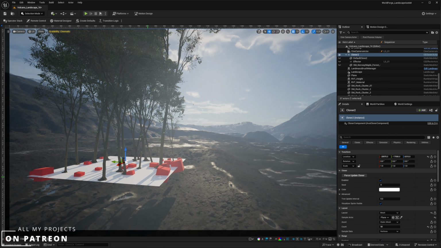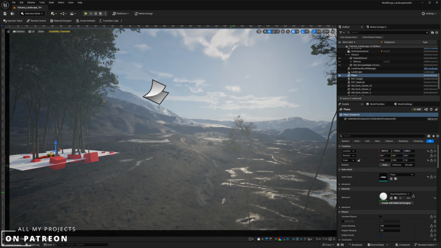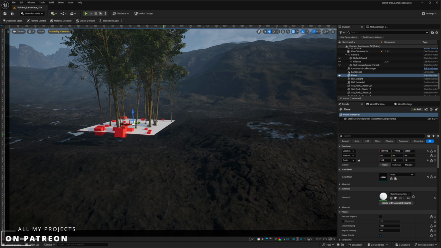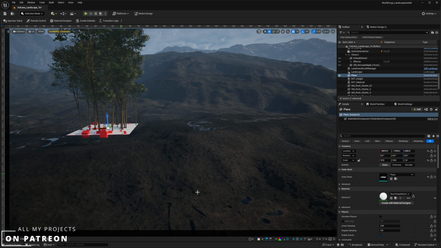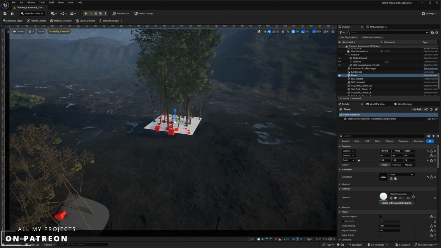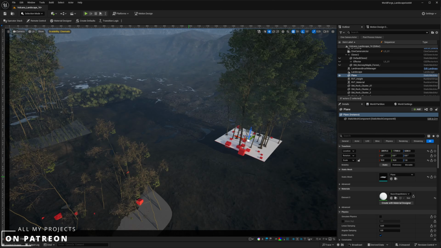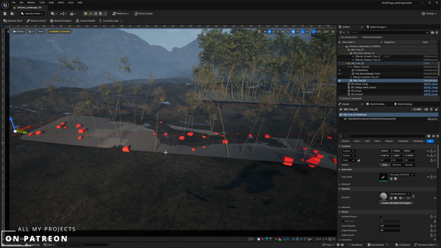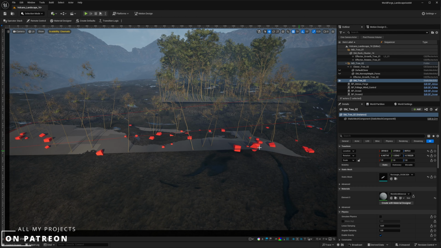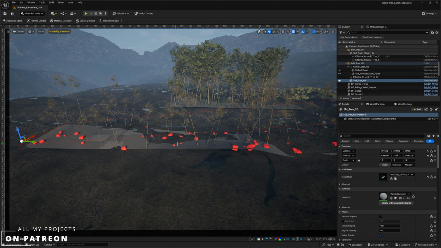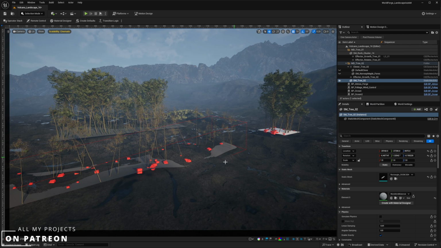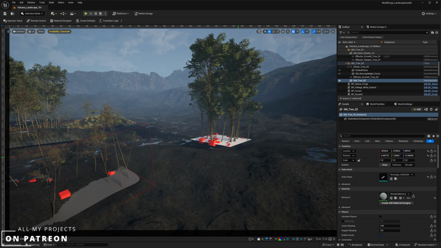But then you might be thinking, well, I have a shape that's following the terrain. I have this terrain that's deformed in many directions. How am I going to use a spawner that's across a landscape and sort out this issue where I've got all these slopes, right? Well, this is what I'm doing here with this particular shape. Basically, I'm building, using the modeling tools, a plane that just extends around the landscape and it's got various different deformities. I can even edit this as a spline so I can make it follow the landscape as I move around. And once I'm happy with it, I can then save it up and then use it with my cloner